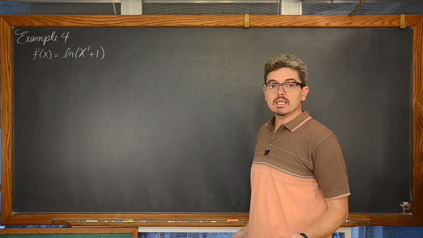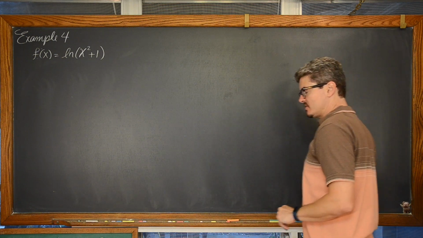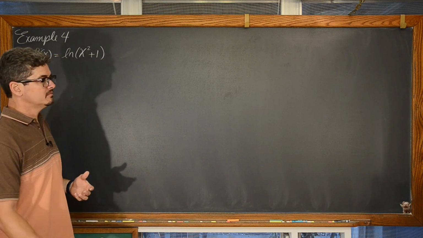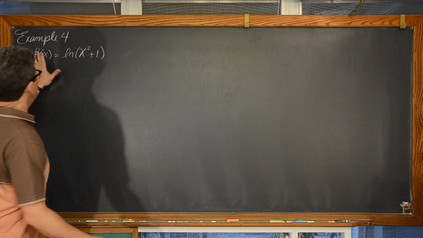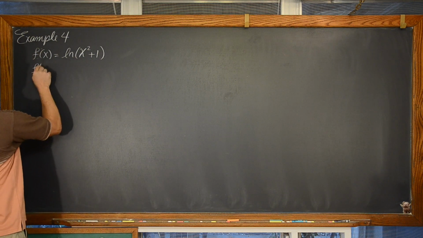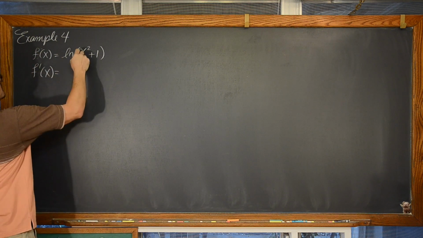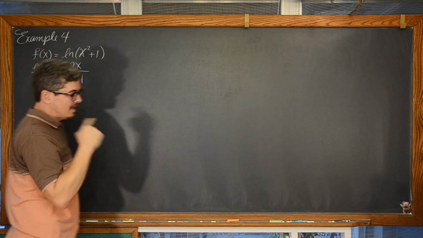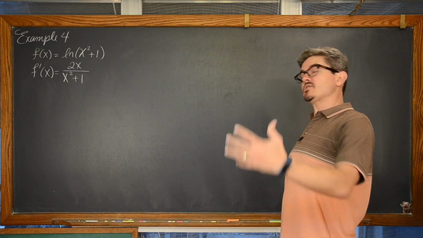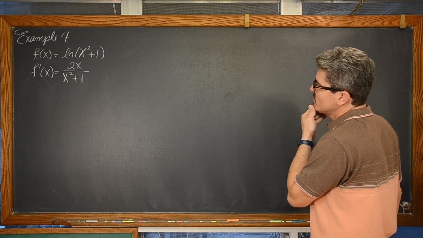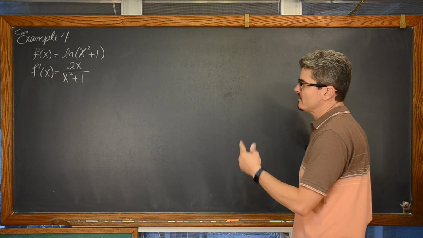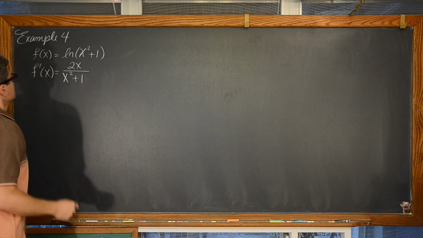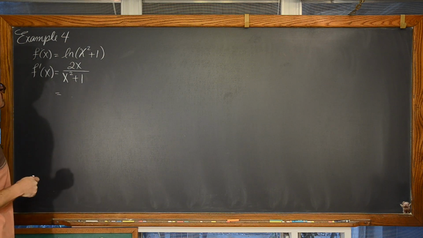There's no fraction bar. But the derivative of the natural log of u is u prime over u. So we're going to take the derivative of this, and we have f prime of x is equal to u prime over u. Oh, well, nice. We now have a fraction bar. Can we get that written into some pattern that allows us to see a over 1 minus r and identify some values and get into a geometric power series?